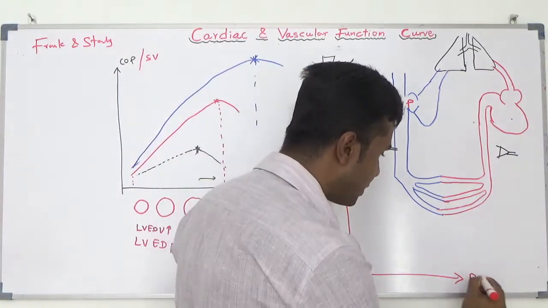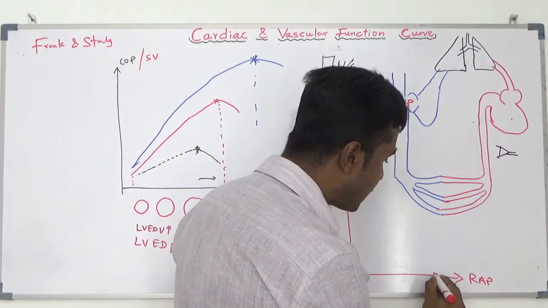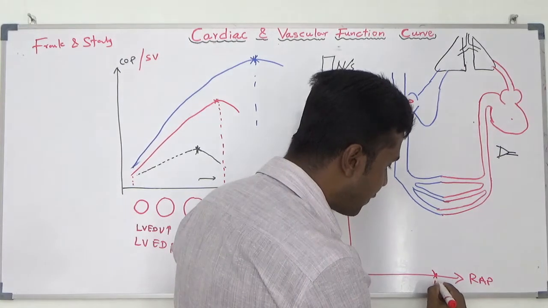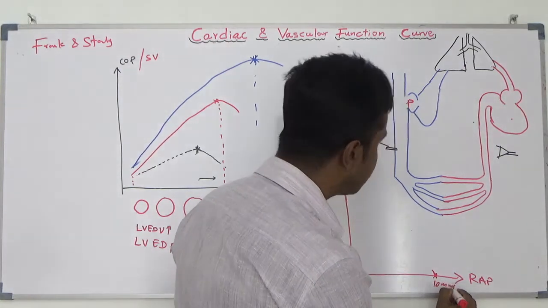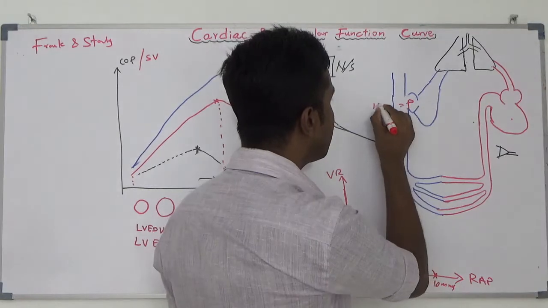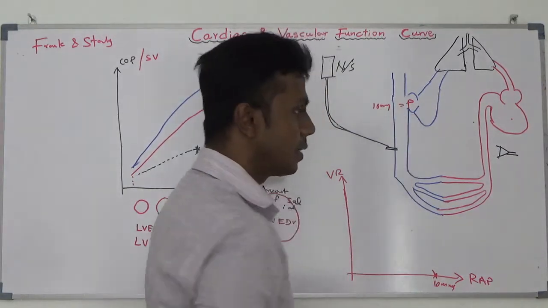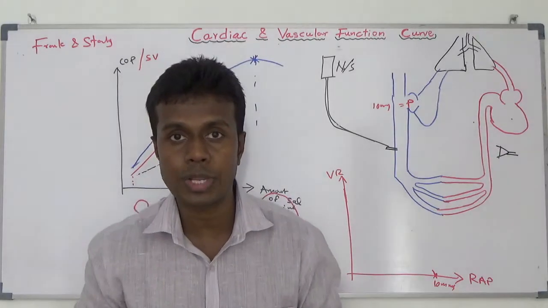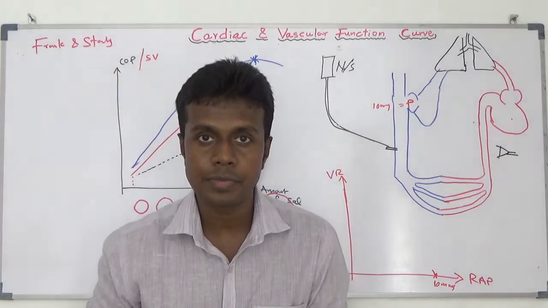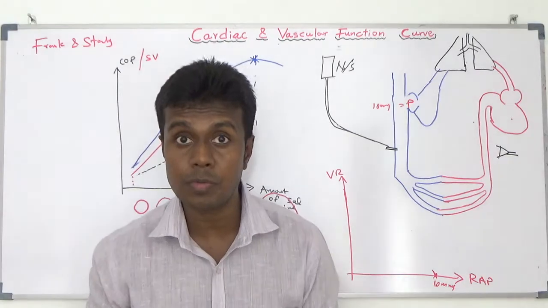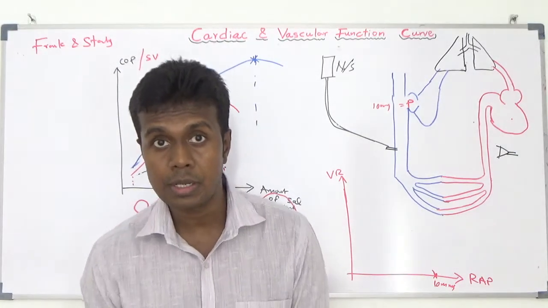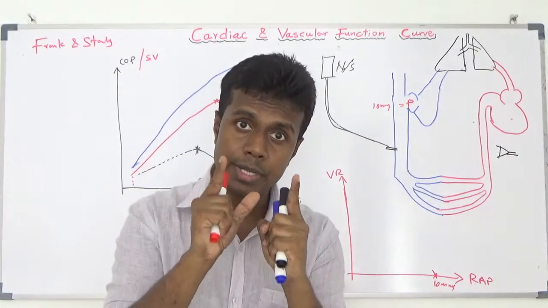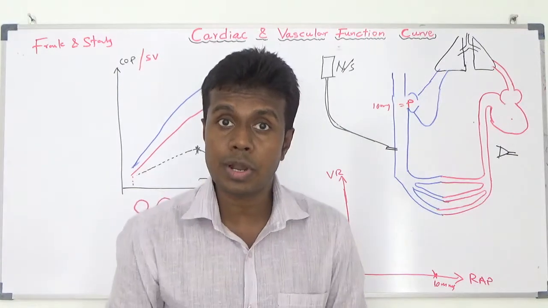Right atrial pressure. If I have a right atrial pressure of roughly about 10 millimeter mercury, your venous system pressure is also roughly about 5 to 10 millimeter mercury. Venous system pressure is roughly about 5 to 10 millimeter mercury. If you have 10 millimeter mercury pressure in your right atrium,